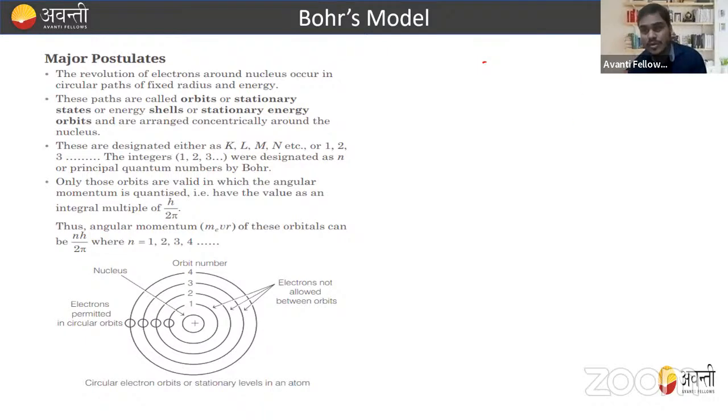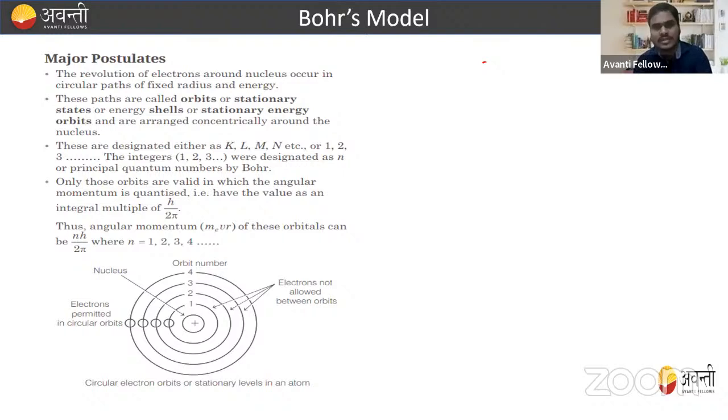So what is this Bohr model, beta? Before starting with the Bohr model, we must know what the postulates of Bohr are. Then we are going to study the derivation parts as well, right? So what are the major postulates of the Bohr model? Before the Bohr model, various models came into the picture, like the J.J. Thomson model and the Rutherford model of the atom, where the J.J. Thomson model